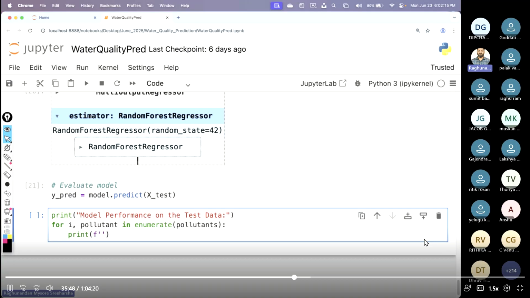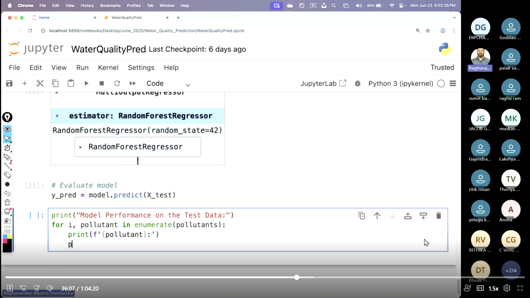I want to print the pollutant name actually, pollutant. Close this. Remember, whenever you're using the f-string method, you have to open and close with the curly braces. So for the pollutants, I'm going to print first, let us take MSE. MSE stands for mean squared error, and I'm going to take the mean squared error function here, and I want to pass in the